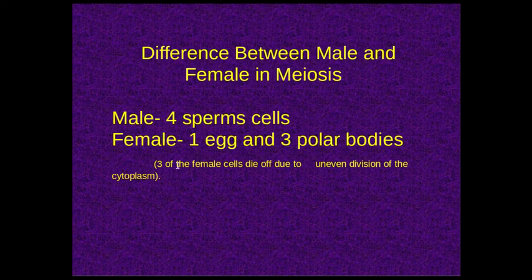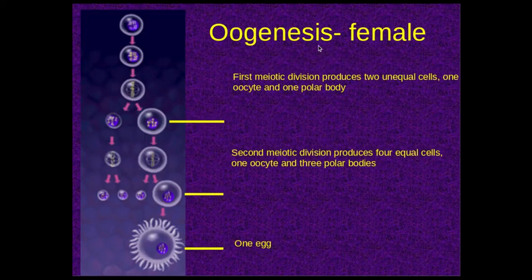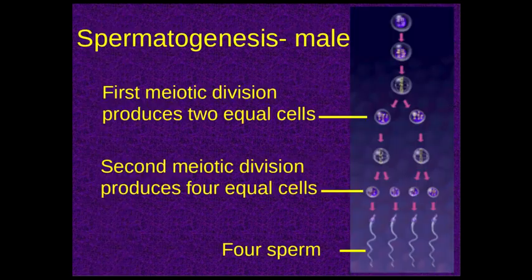And so at the end here, 3 of the female cells die off, and it's due to uneven distribution of the cytoplasm during cell division in meiosis 2, right? So males are going to end up with 4 sperm, females end up with 1 egg and 3 polar bodies, and these 3 die off just because when the cell divides, the cytoplasm is not evenly distributed, right? So females go through something called oogenesis, goes down through here. You sort of see it's just bigger, and the cell divided the cytoplasm unevenly. Ends up with 1 egg, and that egg is very valuable. Then you go through spermatogenesis, and it's just the males, and they end up with 4